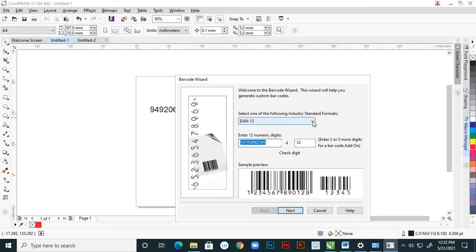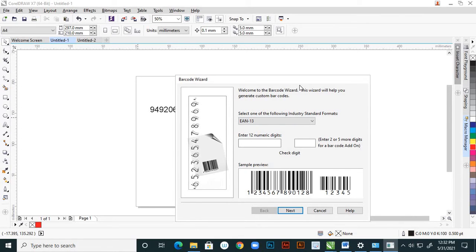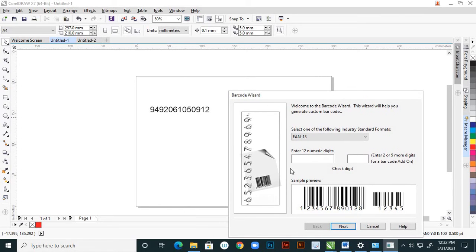See, these are the industry standard formats to select from. Mostly the industry standard format we use is EAN 13, so 13 digits. For 13 numbers it will create the barcode. Here you can enter your number.